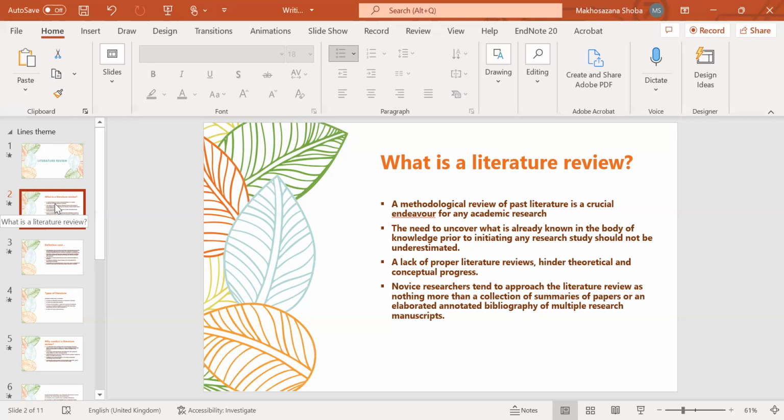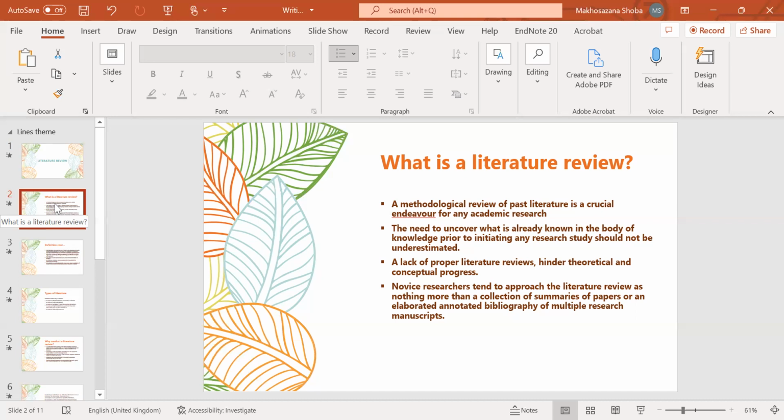You have to read so that you understand what is already out there. By reading widely on the topic, you become familiar with the key concepts and studies that have been previously published. That's very important. So, in other words, every piece of research has to relate to research which has come before it.